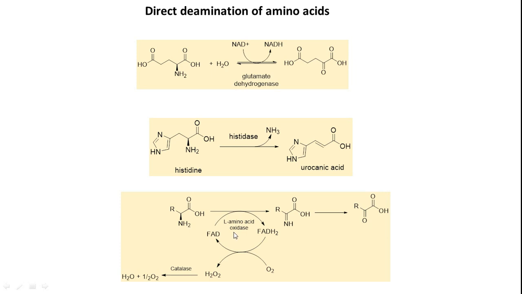Oxidative stress is generated only when there is so much stress in the system in the form of an infection or pathogenic material in the blood. This is a very harsh environment where all amino acids can be destroyed. But in the two earlier cases, only histidine and glutamic acid undergo this type of degradation. I hope you understood the concept of direct deamination of amino acids.